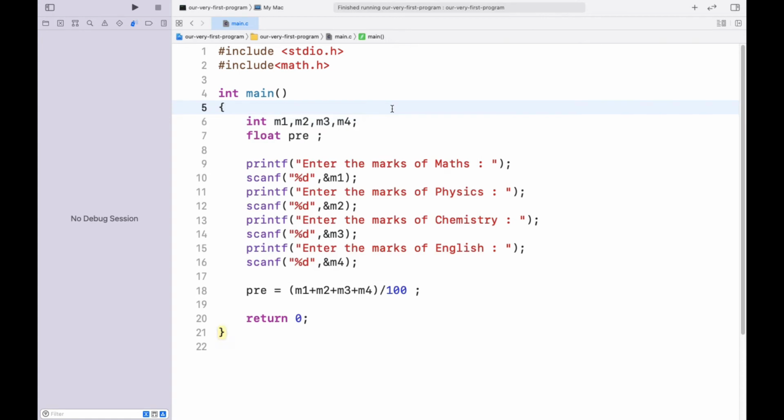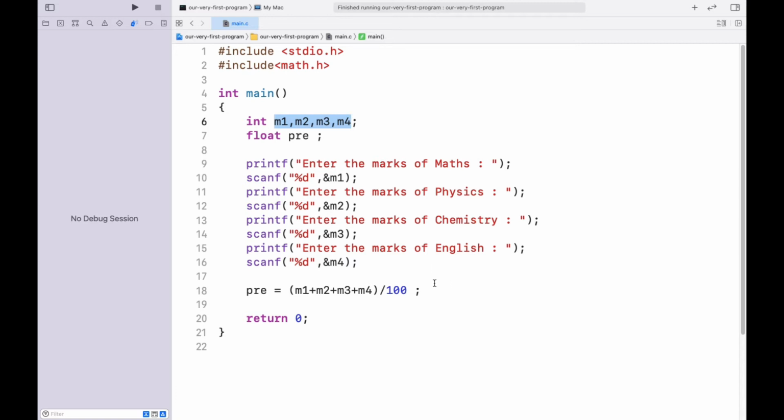Because if I store integer values in floating point variables, it is a wastage of memory, since a floating point stores 8 bytes of space and an integer 4. With 4 variables, that is 4 into 4, 16 bytes of memory wasted here, and we can save that.